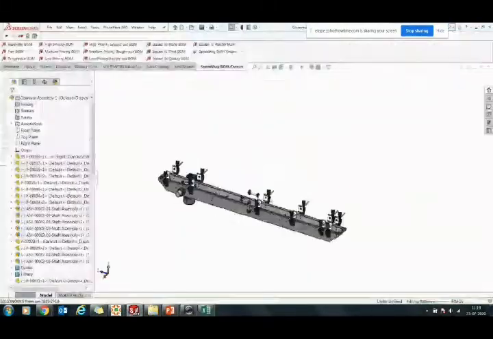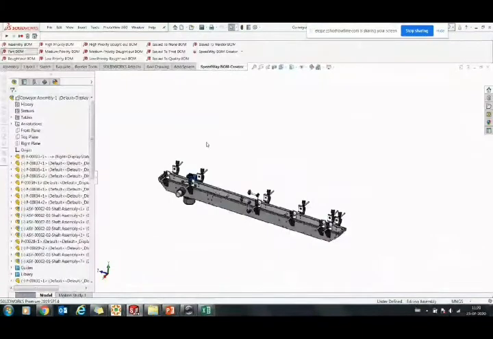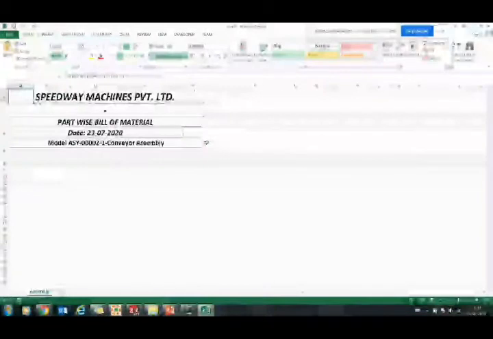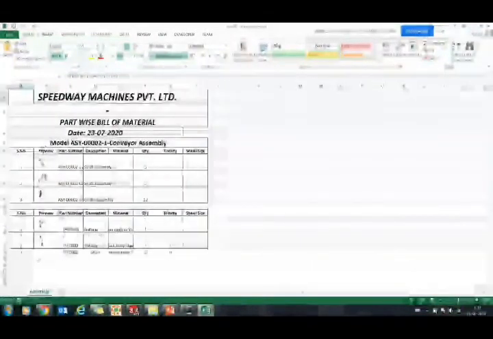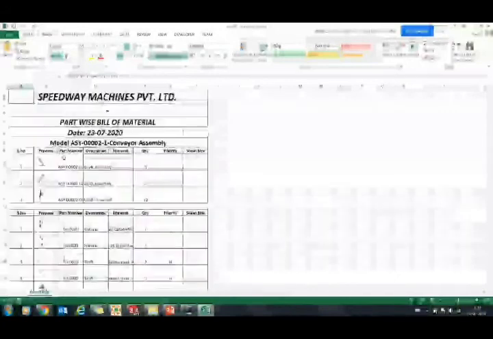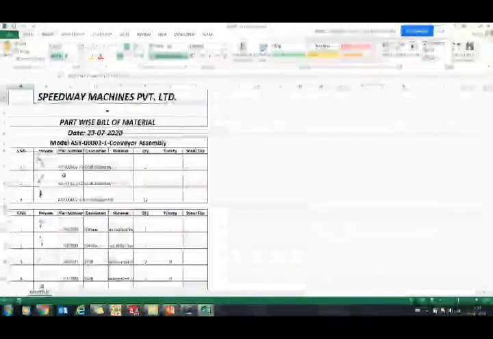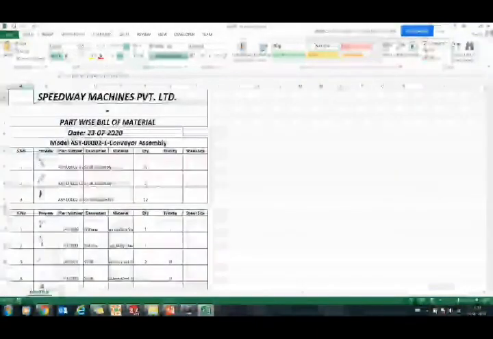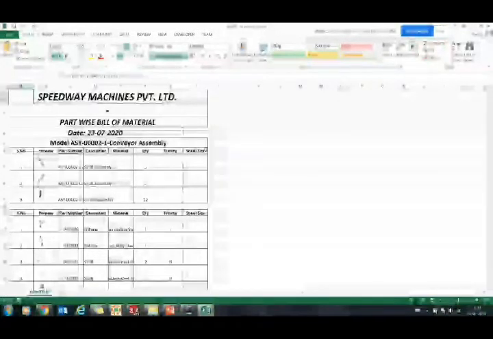You can add images of the file if you need. We give you both options. You can have the images of the files as well, or if you do not want it, we can create it without images also. So it's completely a choice. You can have your reports with images or without images. And as I said, these fields can be customized as per your need, as per the industrial requirement, right?